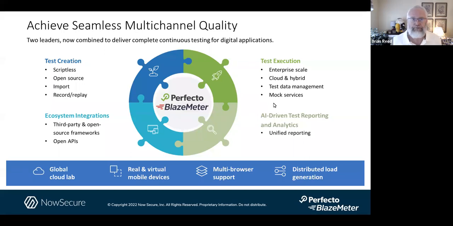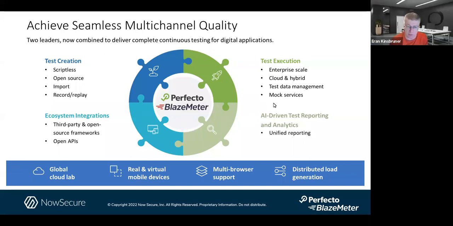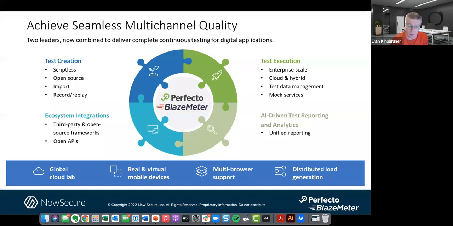Perfecto and Blazemeter. Sure, Brian. So for those of you online who are not familiar with Perfecto and Blazemeter, these are 2 SaaS cloud-based solutions for continuous testing for both web and mobile applications, focusing on mobile. Native, hybrid, any application types can be tested in the Perfecto cloud on real smartphones and tablets, iOS and Android, as well as virtual devices, emulators and simulators. We support all functional test automation frameworks, and we complement mobile user experience testing with BlazeMeter for performance testing as well.